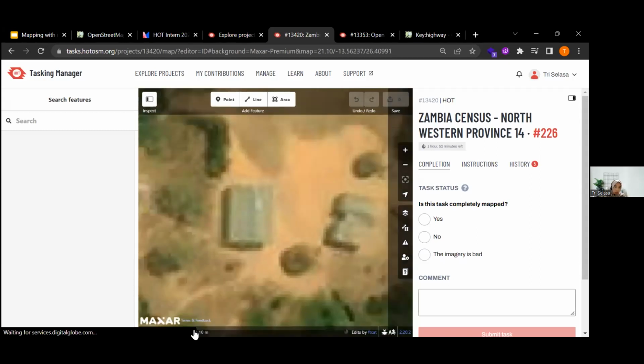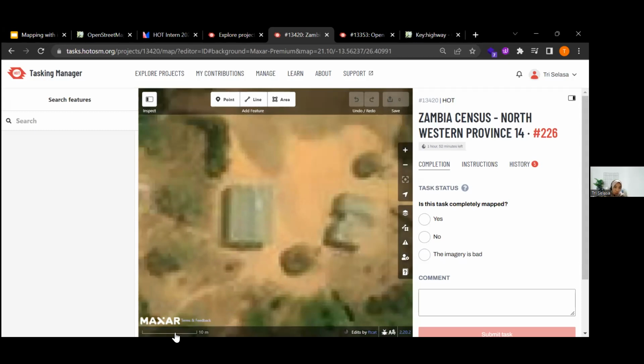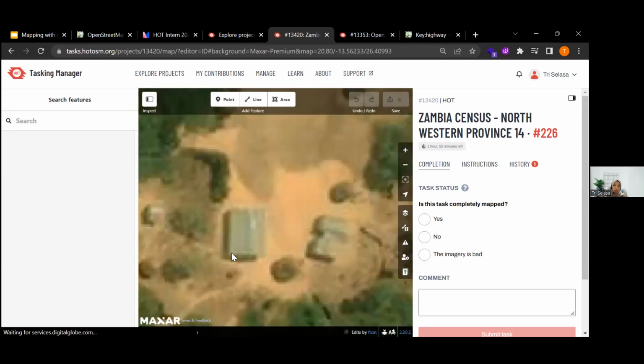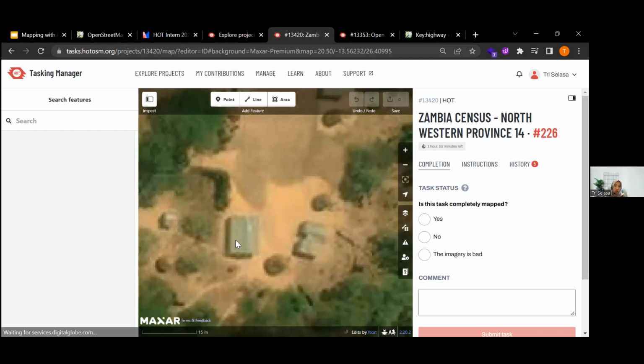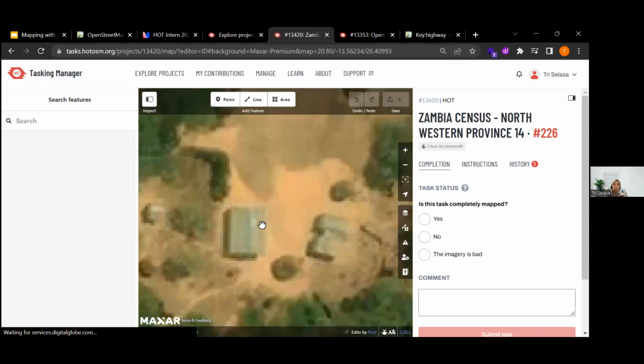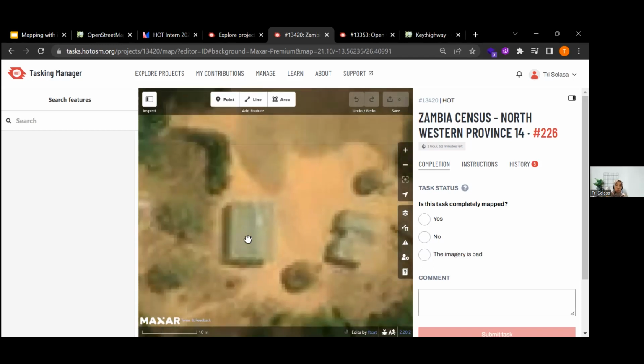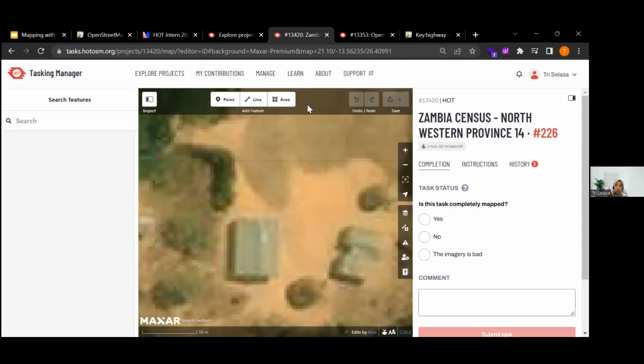I usually use this scale bar on my lower left corner. I usually use less than 20 meters, like 15 or 10 meters, or even 5, depending on the size of the buildings. So once you have found one, you need to zoom in. Then we can move on to the second step, which is drawing that building